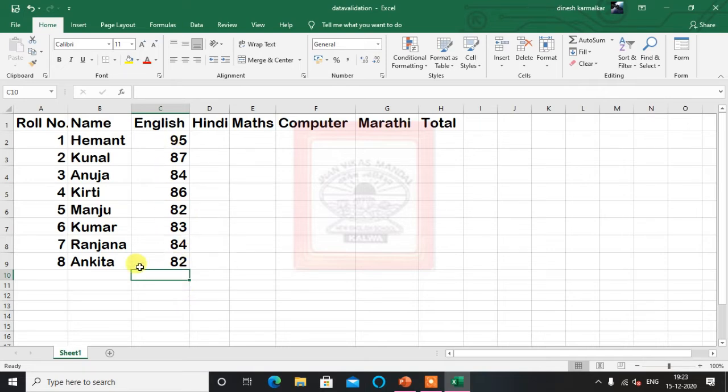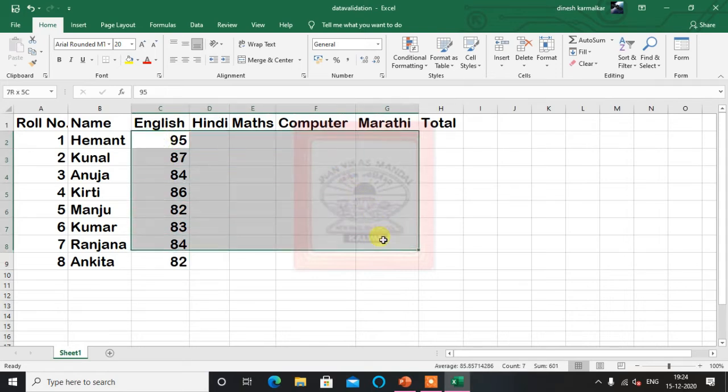Now for these marks I will show our data. This data validation we should put before entering the marks. I entered the marks here before only. Before this we have to give that rule, otherwise it will be of no use. But just to show how to enter that, I showed it here. Let's put data validation for this English subject. Actually we can give the data validation for all the entries at one time only.